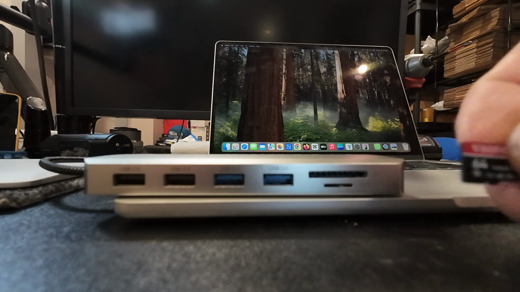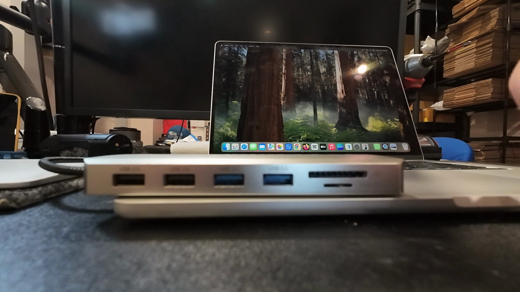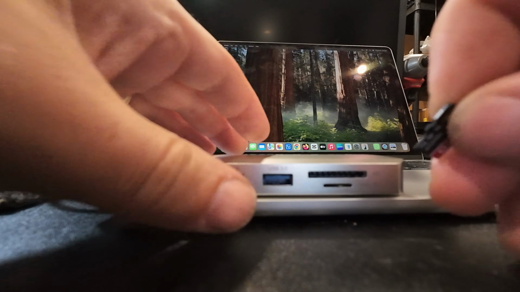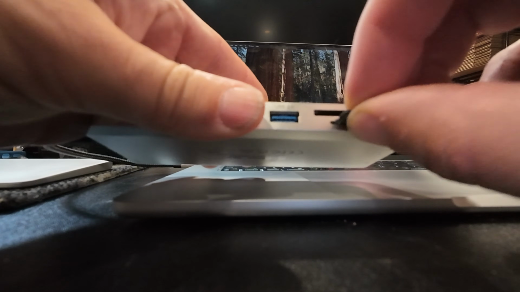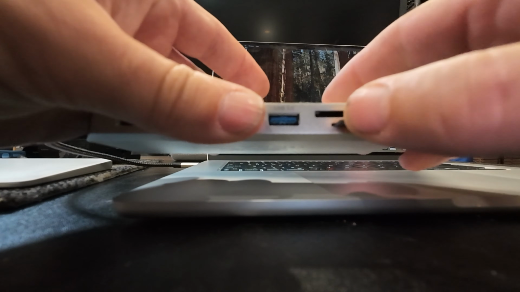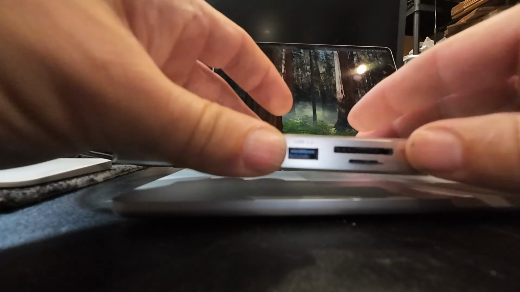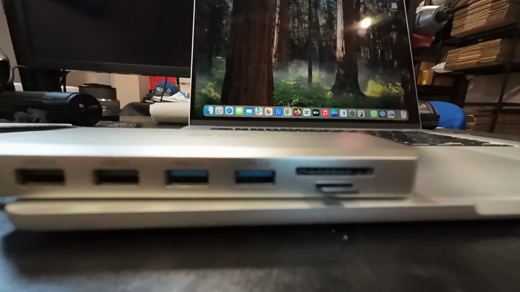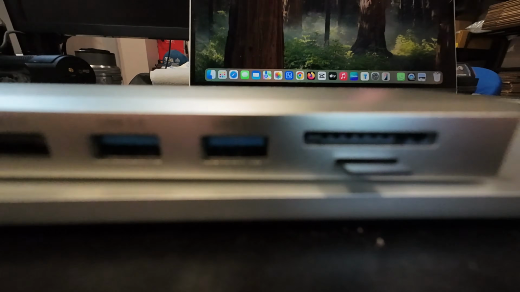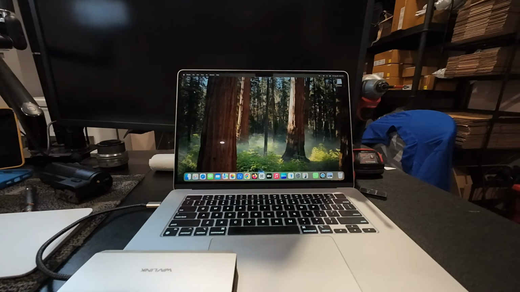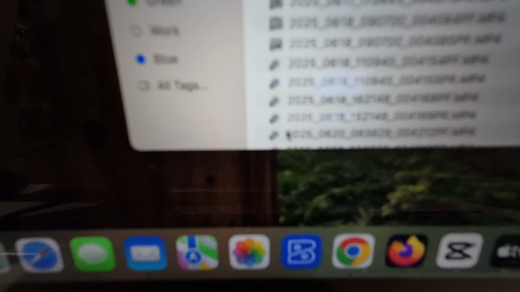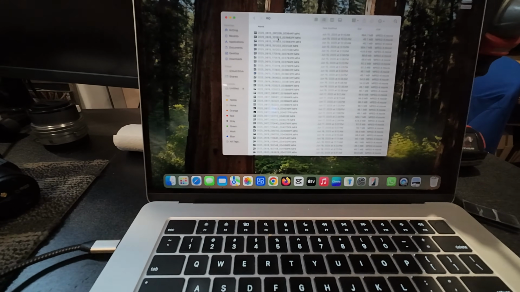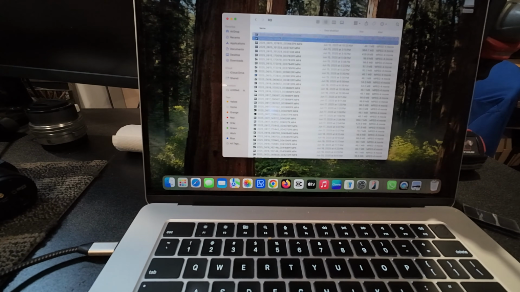Some computers don't actually have full-size SD card inputs, so you may need an adapter. For instance, a lot of the new Mac computers only have a USB-C input, so you may need to use a third-party adapter to make your micro SD card or SD card adaptable so that you can view it on your computer. Once you have it on the computer, there's multiple different ways that you can actually view the video